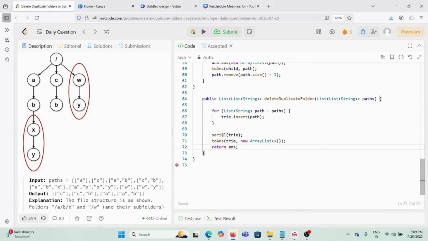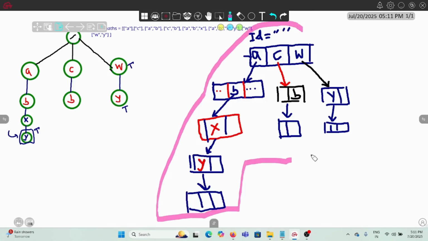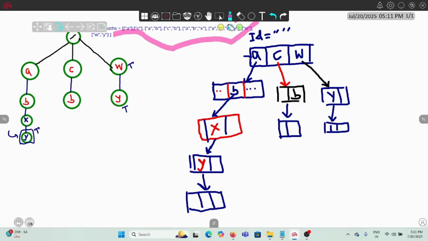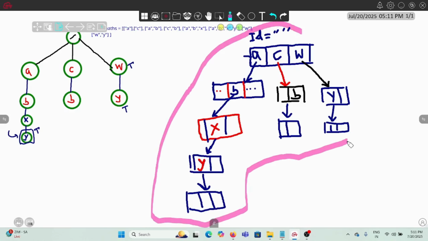So let's look at this serial method. What the serial method is doing: our Trie would be filled with the values, all the values that are given in the 2D array called paths, right? We have stored all those values like this. Now all of them are there inside the Trie. Now we will call the serial method. What this serial method would be doing here is basically